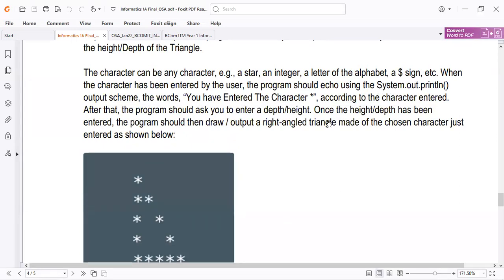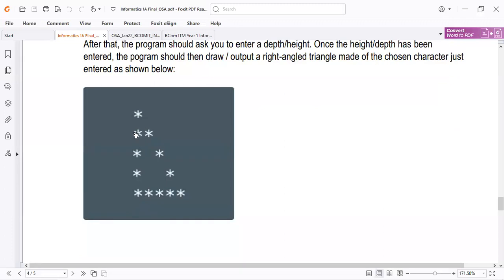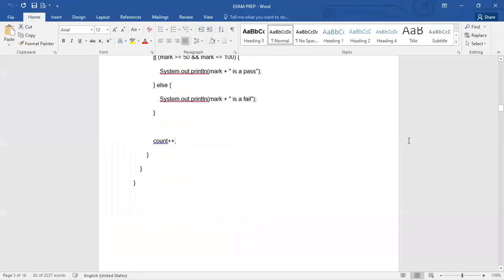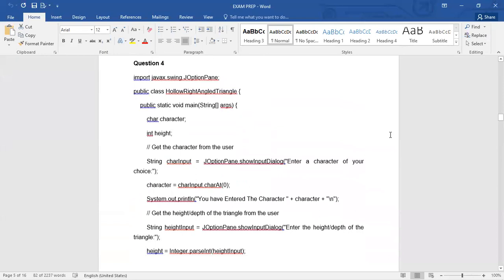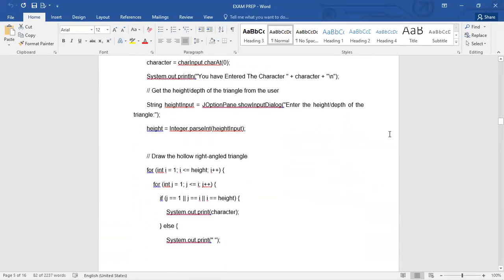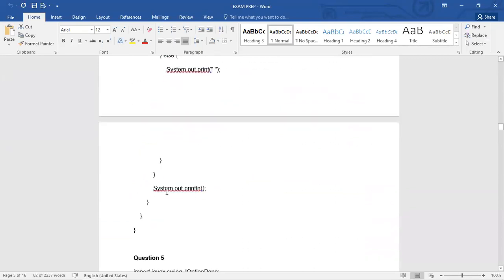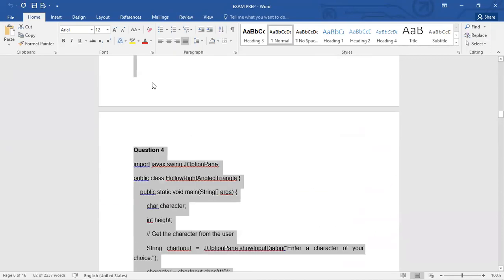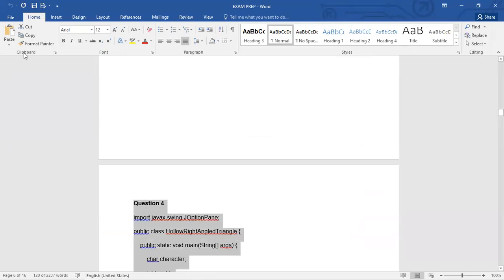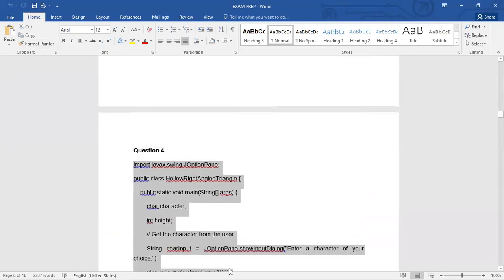It all depends. But they've given us a screenshot, right? A snippet of what you can utilize. So I've already written this for you. You're going to see that it's the same code that we have done. For the patterns, it's one and the same thing. Let me copy it as it is.